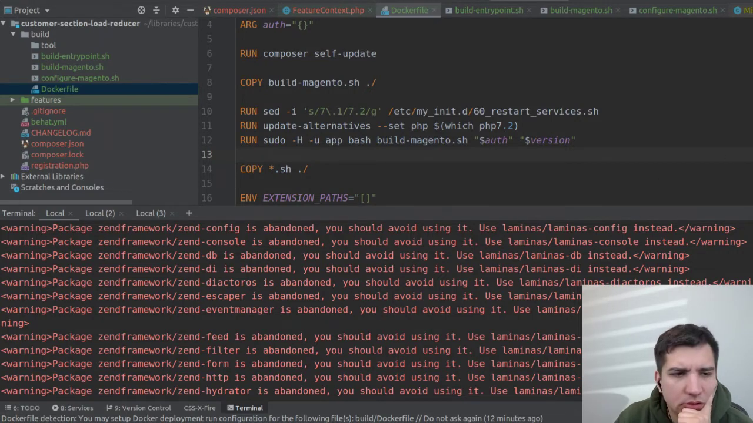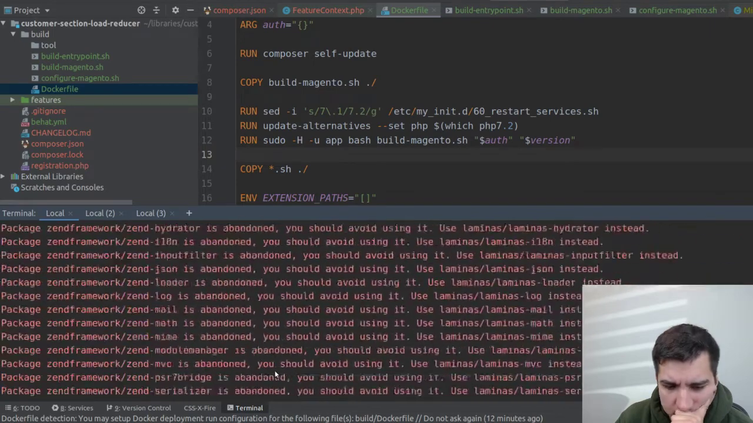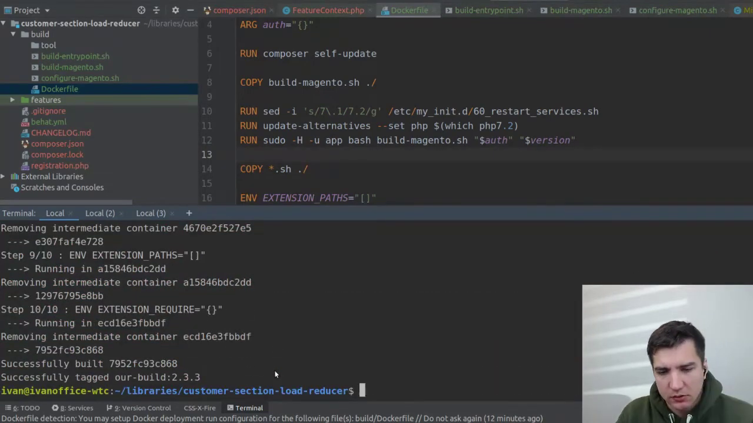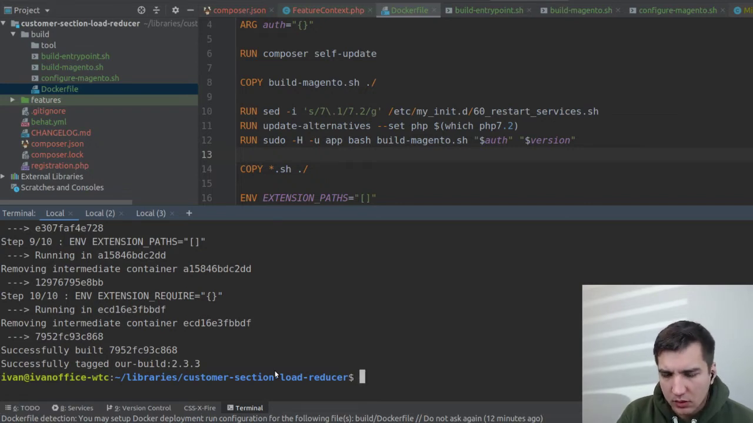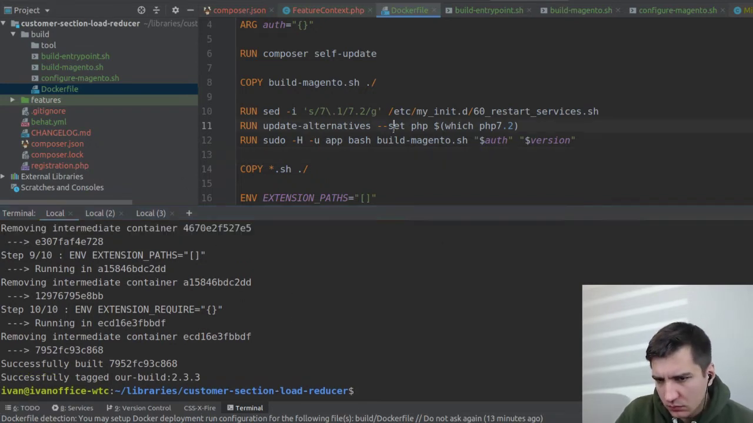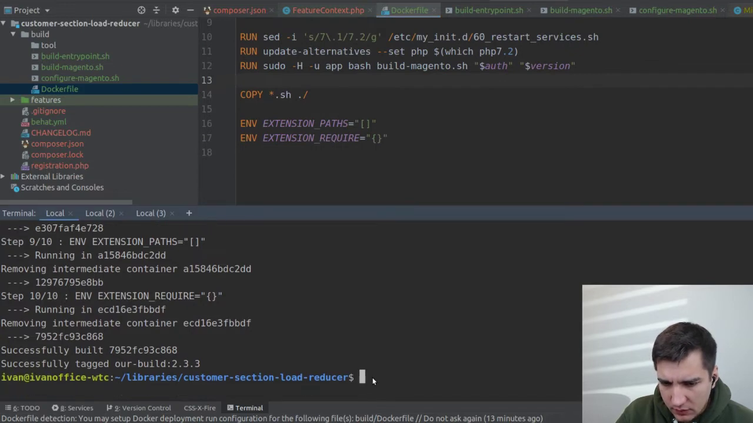Okay, let's see. Did it finish already? Okay, so the build is actually completed. Now this one I think is going to be possible to run. Let me try it. Docker